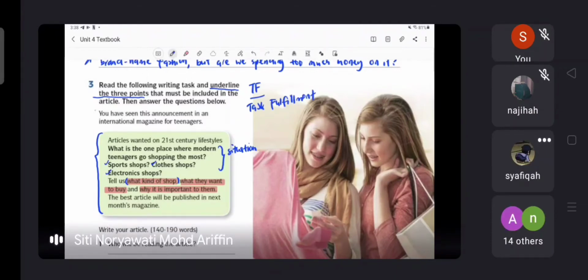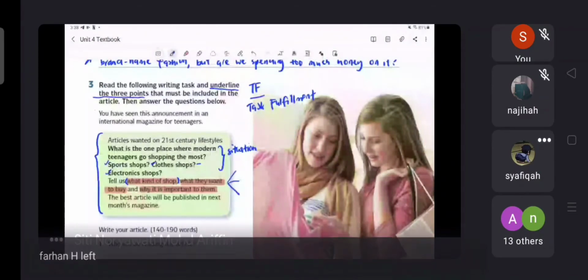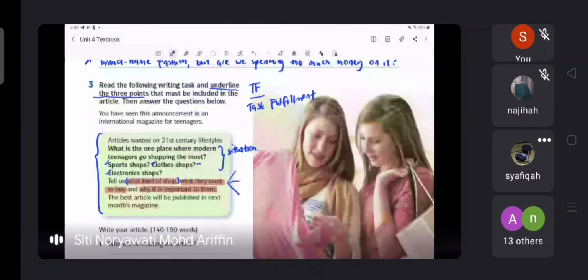Clothes kan? Okay, katalah kalau clothes shop, lepas tu what they want to buy. So apa yang dia nak beli dekat clothes shop ni? Macam apa dia, new clothes, apa, latest fashion ke. Okay, katakanlah when you go through the question, when you want to choose, you really wanted to write about clothes shop, tapi bila nak cerita pasal what they want to buy, you don't have any points. Okay, so I will suggest you to move on to other shops yang easier for you to list down apa